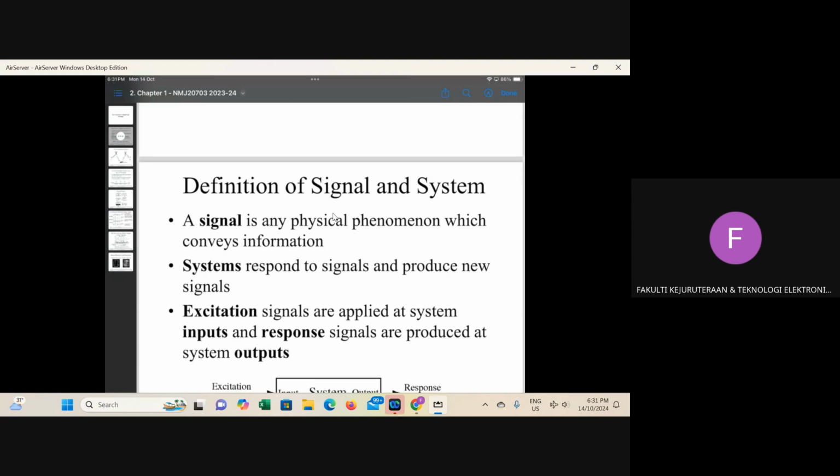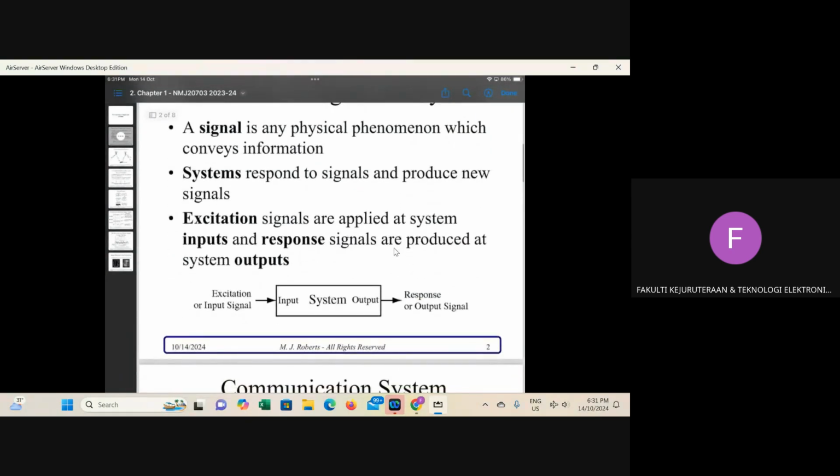And what is a system? A system is something that responds to a signal and produces output. If we show it in a diagram, this square box is a system, a black box.